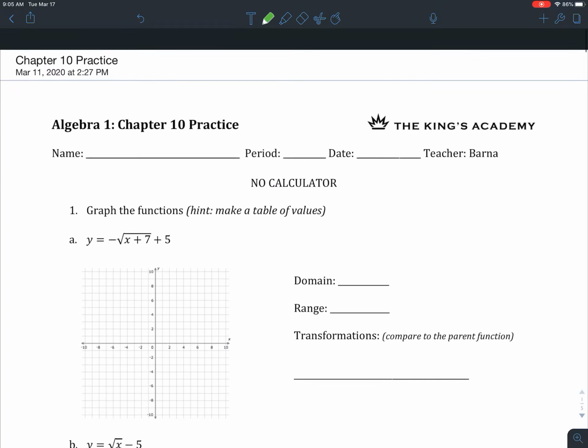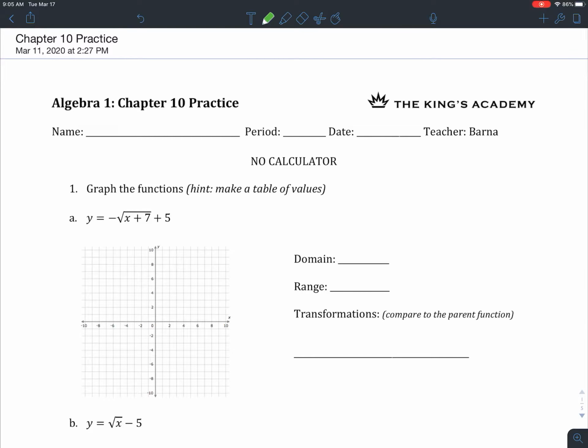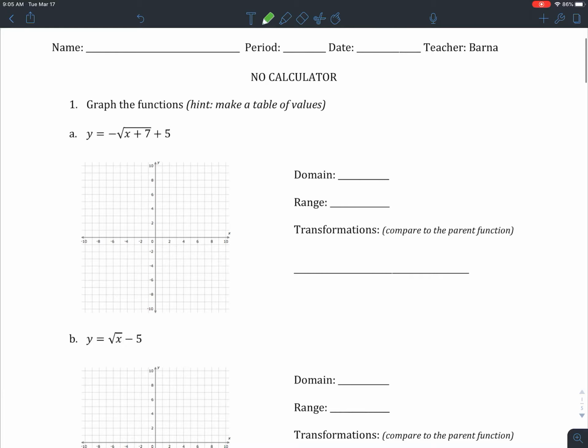All right, everyone. So we're going to work one page at a time, and that way you can have a way to review before your quiz. So I know we went over this in class, but just in case you got a little bit confused or forget how to do this, we're going to start by making a table of values,